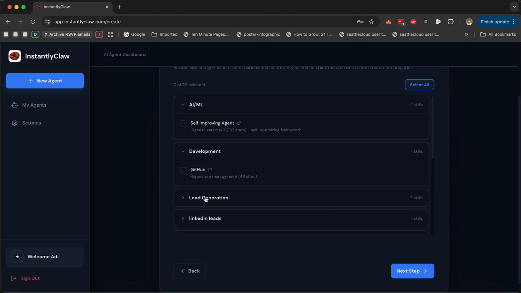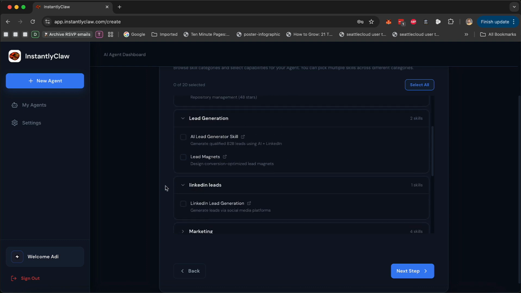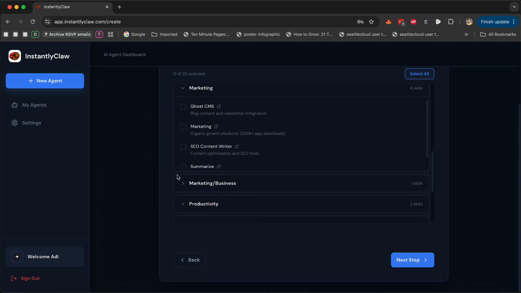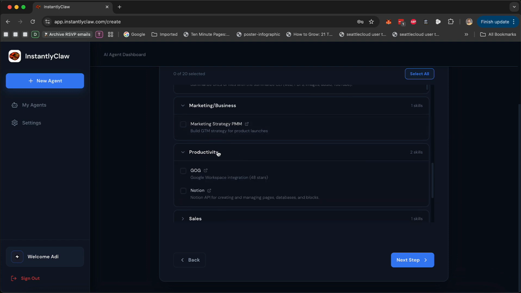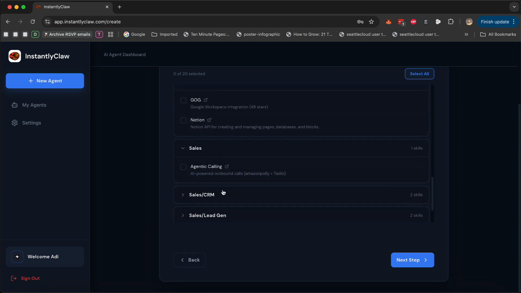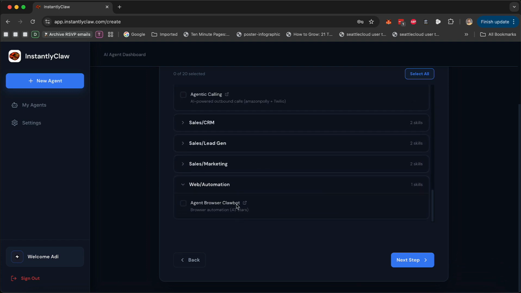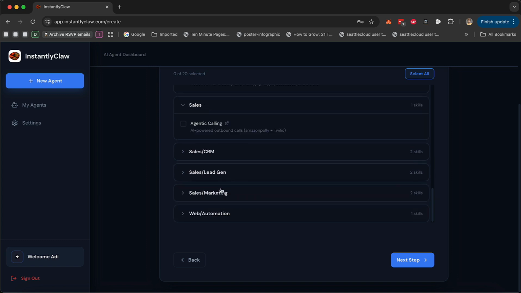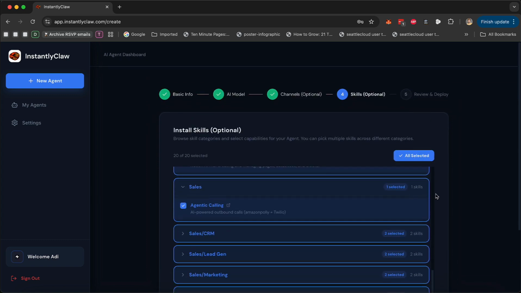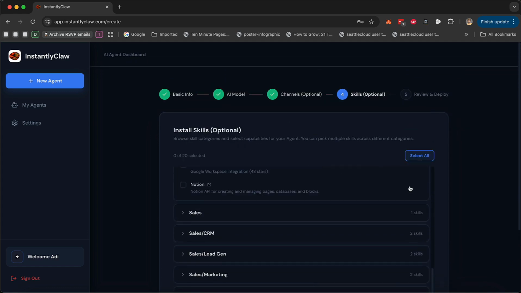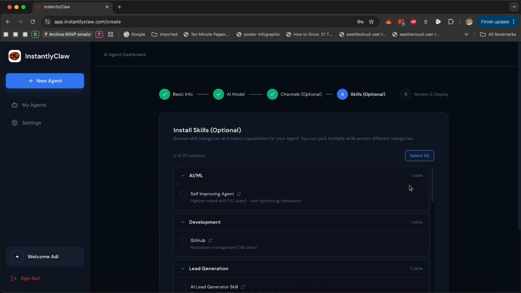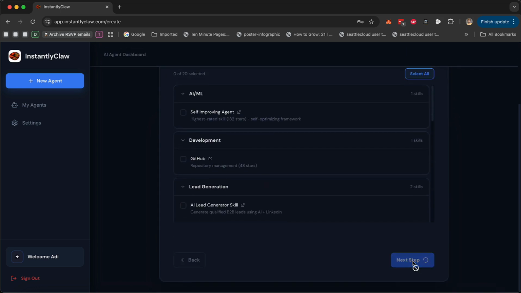Now I can install a bunch of these skills automatically. We have AI skills, development skills, we have lead generation skills, LinkedIn tools, marketing skills, tons of marketing skills, more marketing and business, productivity, sales, CRM, web automation, and we're adding tons of new skills every day, every single day. Now I can select all, install all these skills, or I can just deselect them and then decide to install these skills later as well if I want to do that. Now, next step, I'm going to click on Next,